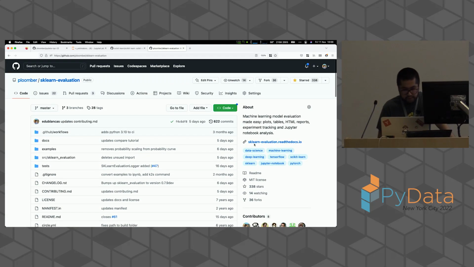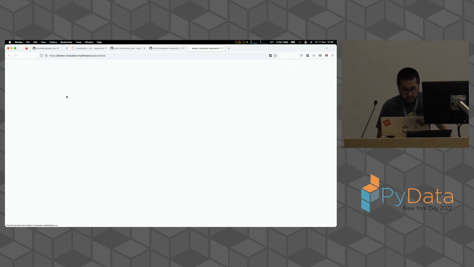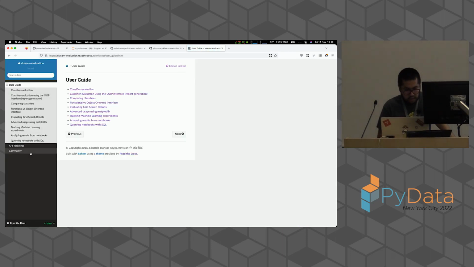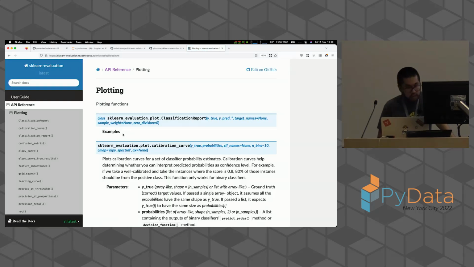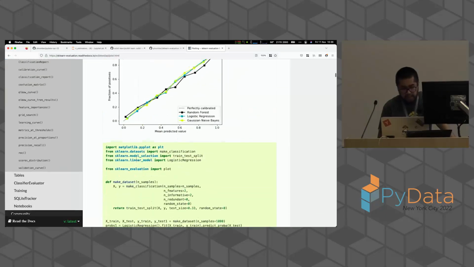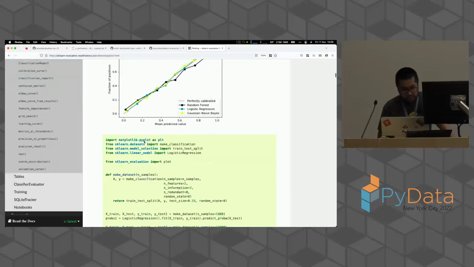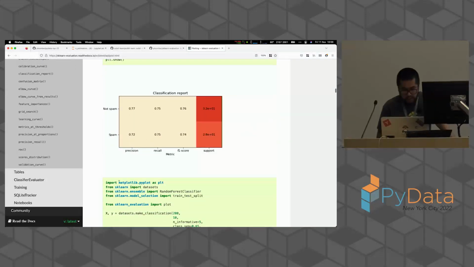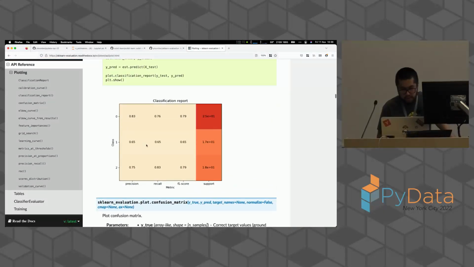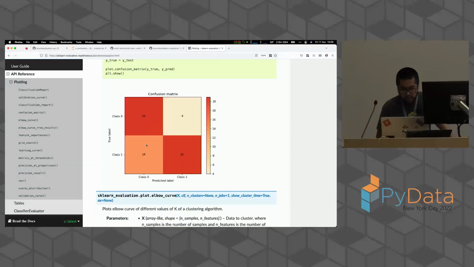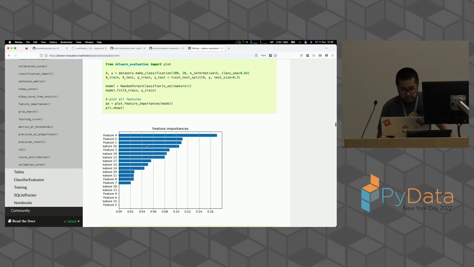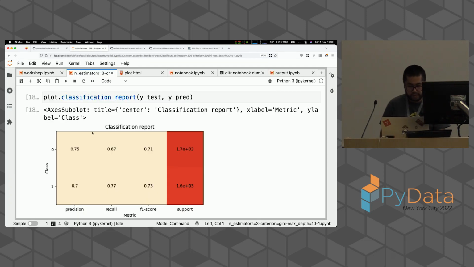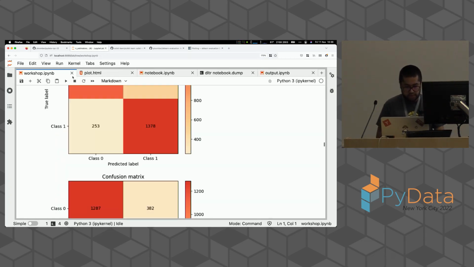And it has a bunch of other things. I can show you quickly the kind of plots that we have, or a bunch of them, for regression models, classifiers, clustering. So you can see a calibration curve. We just added this last week. The classification report that I just showed you. This is also a classification report. Confusion matrix, the one that I showed you. Elbow curve to evaluate clustering methods. What else? Feature importances. So we have a bunch of things here. You can check out the project. It's pretty nice. All right, so let's continue with the